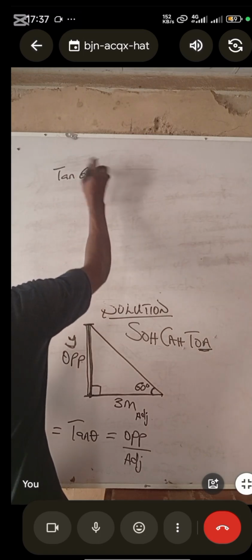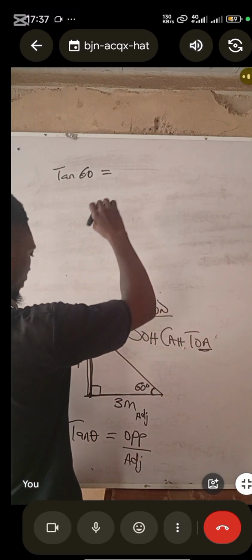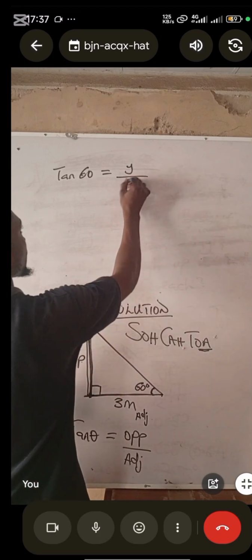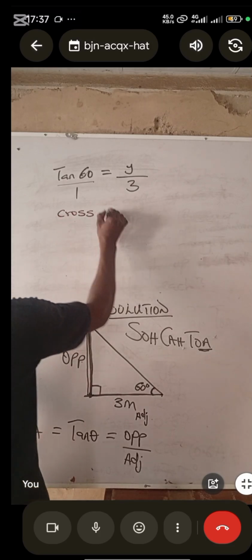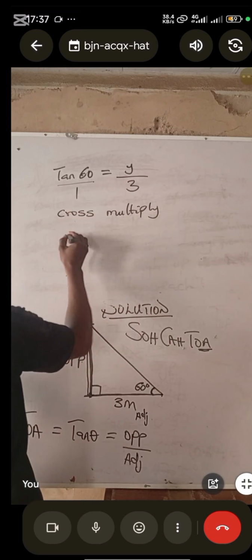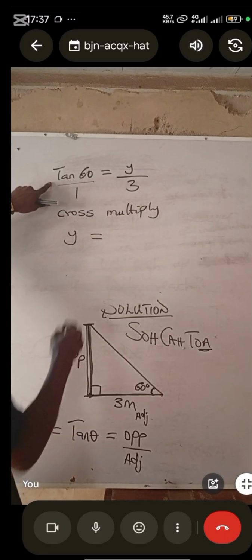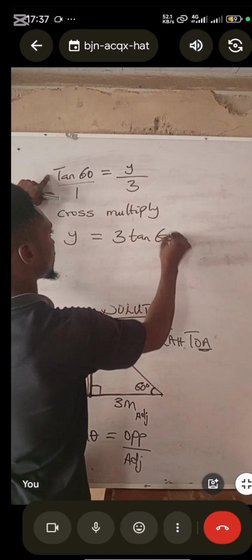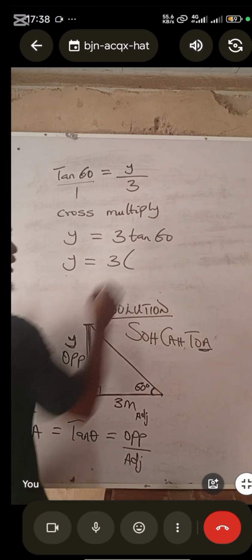Tan 60 is equal to opposite, which is unknown, y, over the adjacent, which is 3 meters. You can make this over 1, then cross multiply. Y times 1 is y, equal to 3 times tan 60. You just join 3 to the side, that's 3 tan 60 degrees. Then y will be equal to 3 times